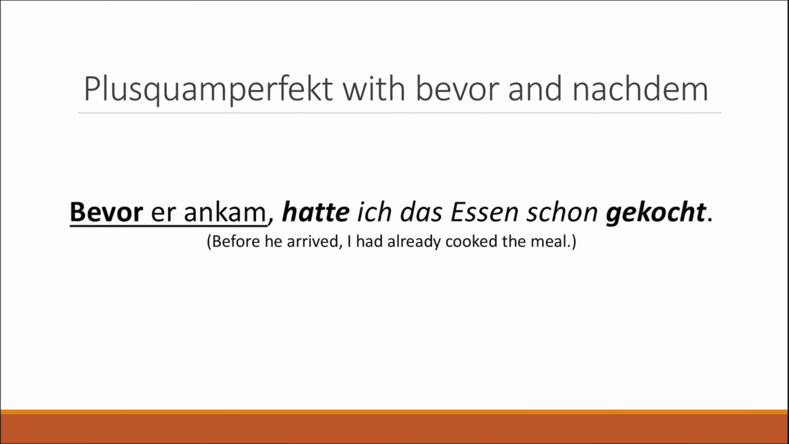Now, before completing this lesson, let's talk about the Plusquamperfekt with "bevor" and "nachdem". Firstly, let's consider the sentence we already had before. Bevor er ankam, hatte ich das Essen schon gekocht. In this sentence, the word "bevor" introduces the action that happened later in time, so his arrival. The main clause describes the action that occurred first, "hatte gekocht", and this structure emphasizes that the cooking was completed